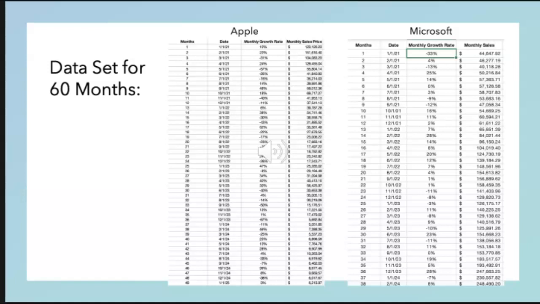For this specific part of the project, I entered the dates for the next 5 years and calculated the monthly growth rate using the NORM.INV function with a random number, the mean, and the standard deviation. As for the monthly sales price, I multiplied the previous monthly sales price times 1 plus the monthly growth rate, from which I obtained the monthly sales price. Since I worked using 60 months for predictive value, I was only able to attach here part of the calculations that I made.